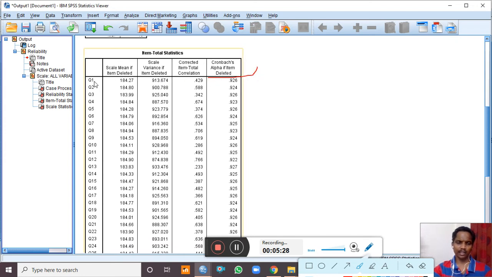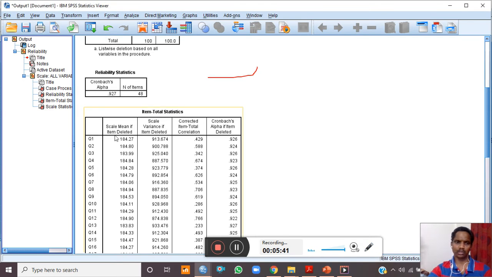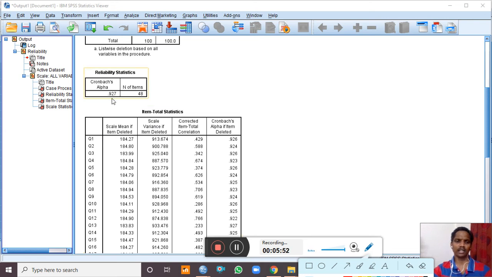So if you delete question 1 from your questionnaire, the reliability value comes down to 0.926. We were having the value 0.927. So if you remove question 1, the value reduces to 0.926. Earlier it was 0.927. So it's not fair to remove question 1.